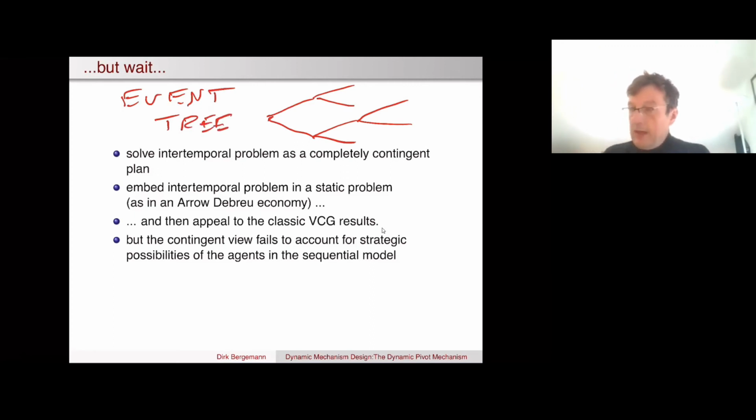Okay, and a very famous result by Arrow and Debreu in the 50s and the 60s, in the context of a general equilibrium analysis, said that one can indeed embed every intertemporal problem into a static problem and basically solve the complicated dynamic allocation problem as if it were a static problem. Okay,